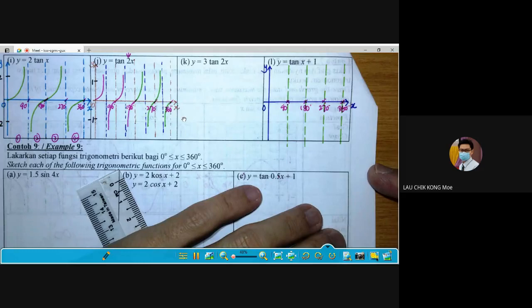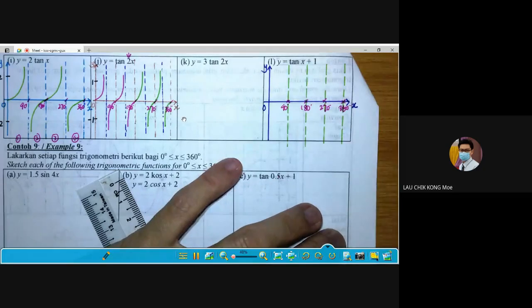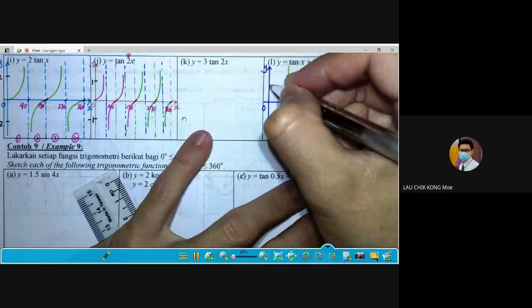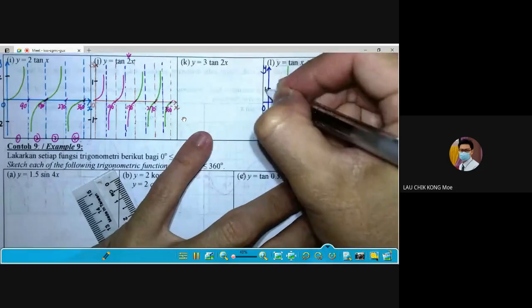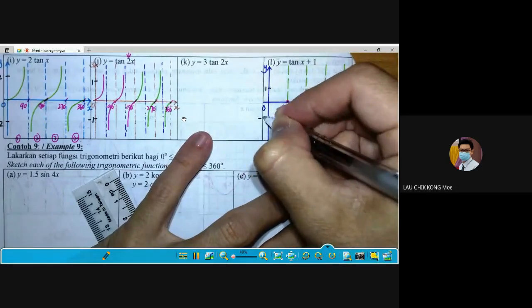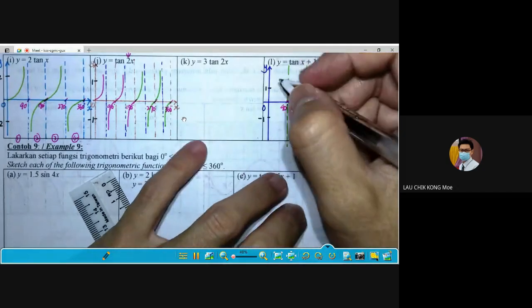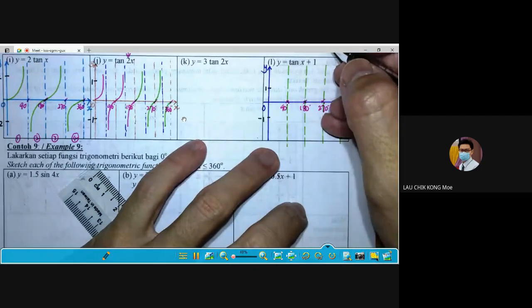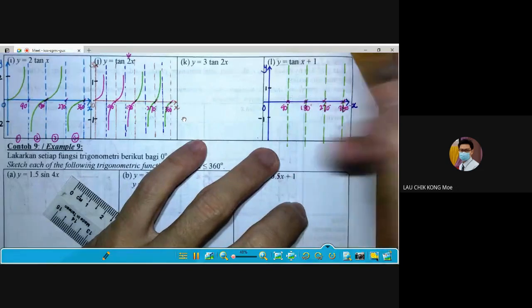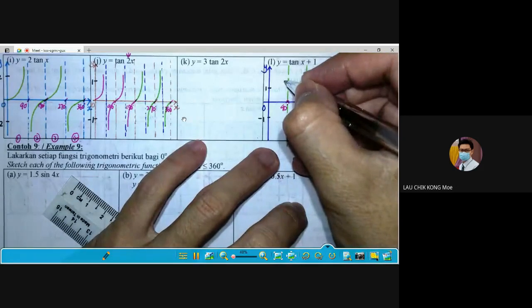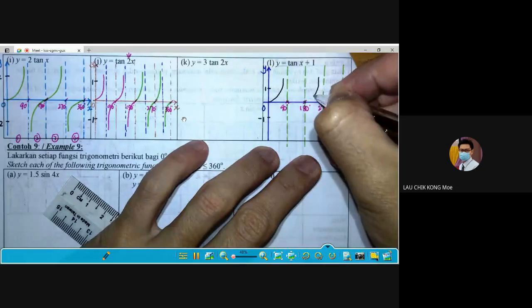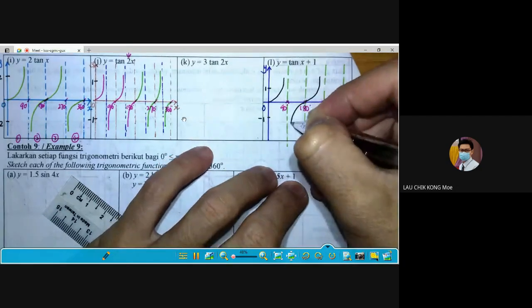Okay, so next, actually our original graph is like the part I, is it? Okay, let's say this is 1 and negative 1. So our graph should be like this actually. Okay, this is first, third, is it? And then second and fourth.